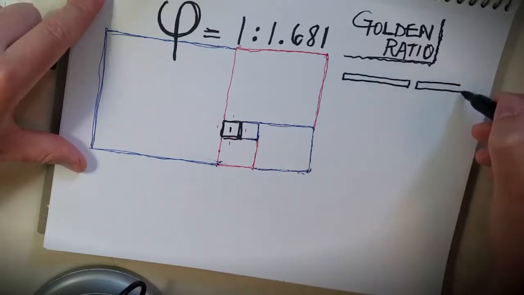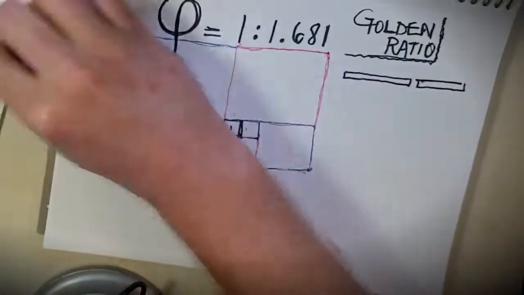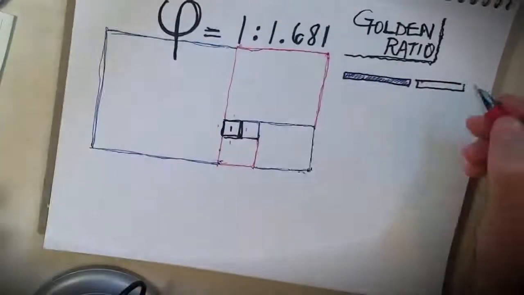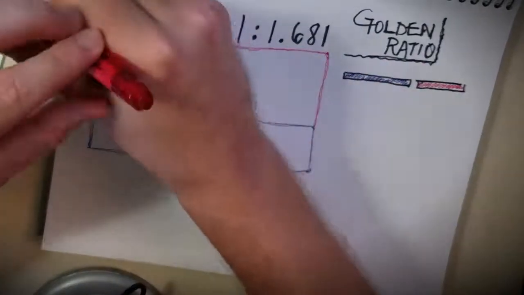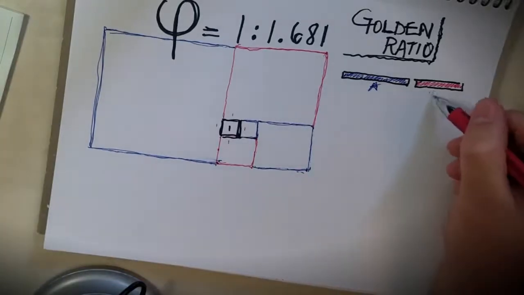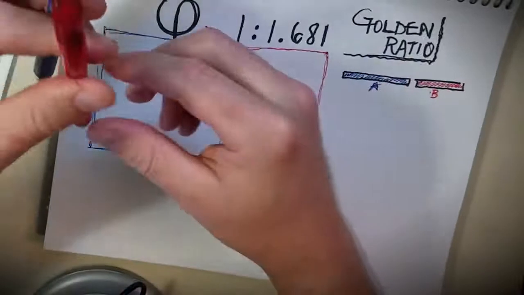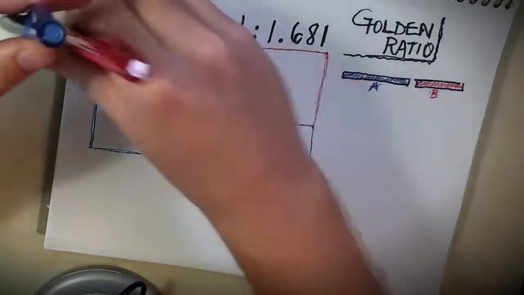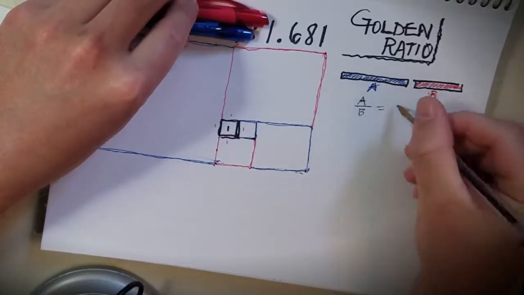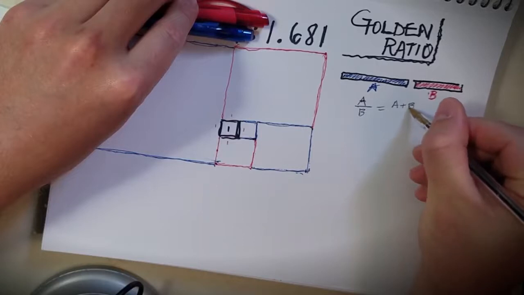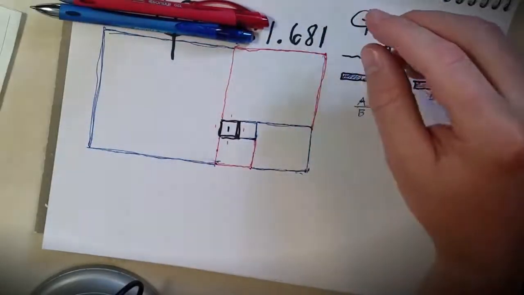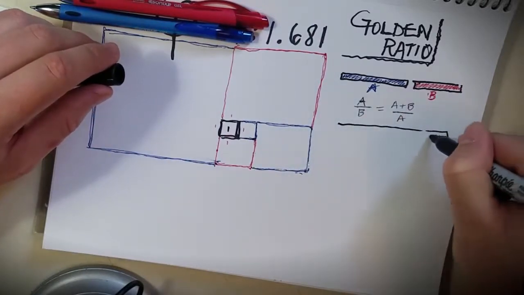So if I draw my little rectangles again to reference, we're going to pretend that this is A, that's B, and I think we said the ratio of A to B equals the ratio of A plus B to A. So we can see here